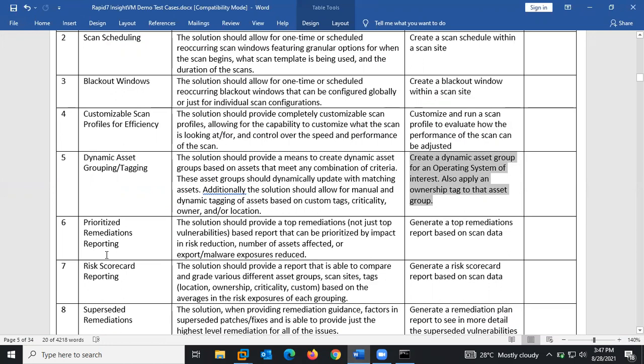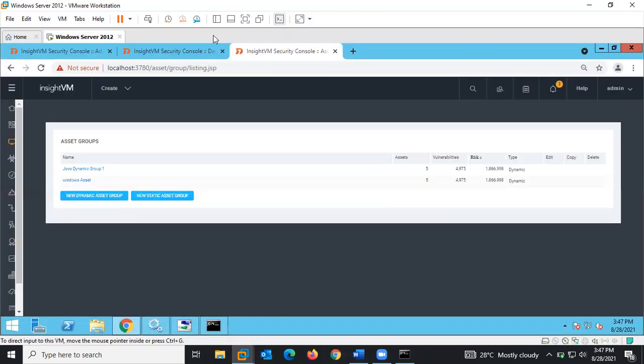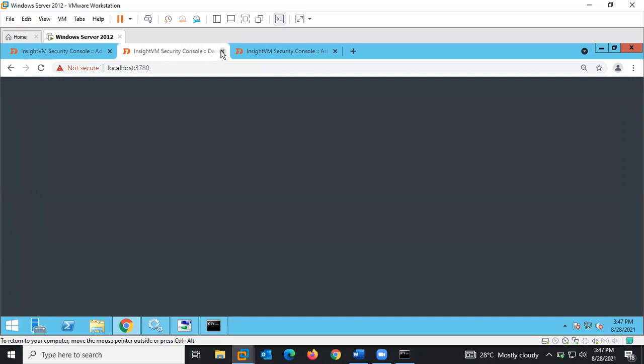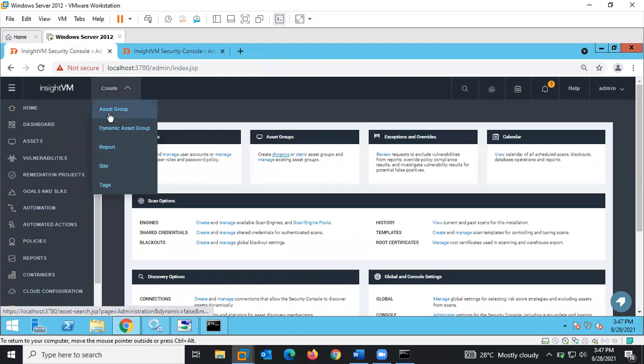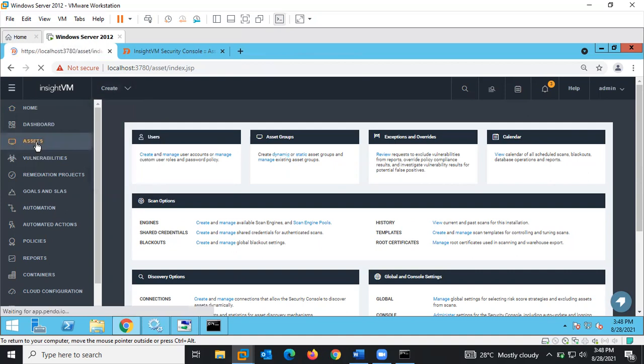So prioritize remediation reporting. So we'll go on to this test case. This is the test case: generate a top remediation report on the scan data. So first of all, let's go and check our scan data. You can see we've been able to create a dynamic asset scan. So guys, let's go and check on our asset. So this is what we're going to do. So on the asset,